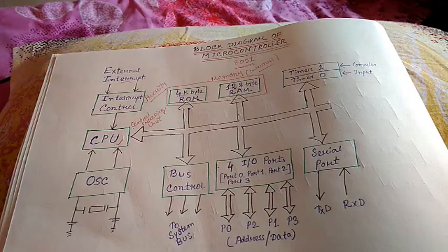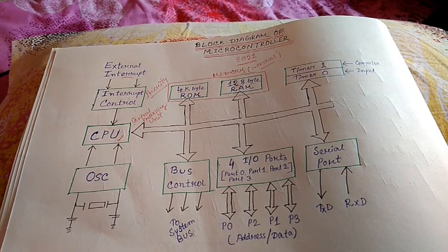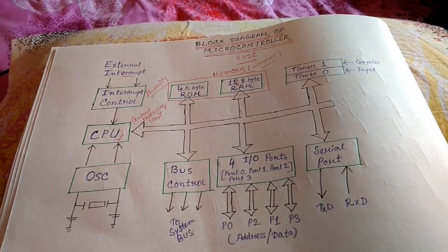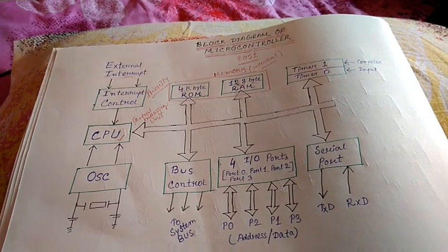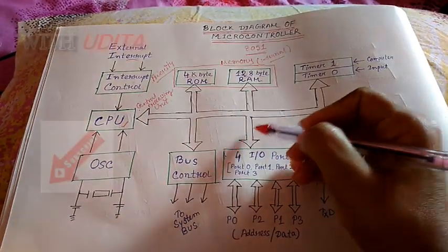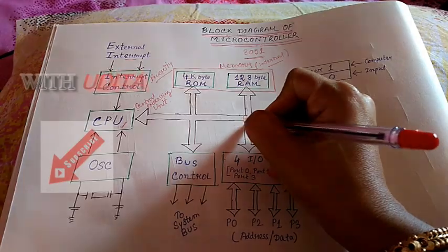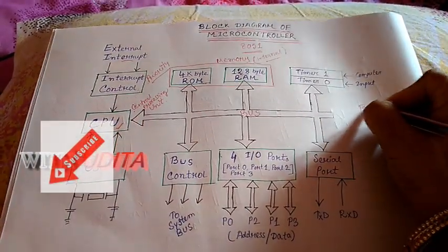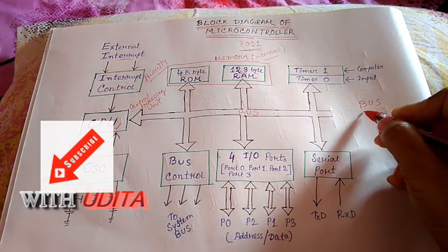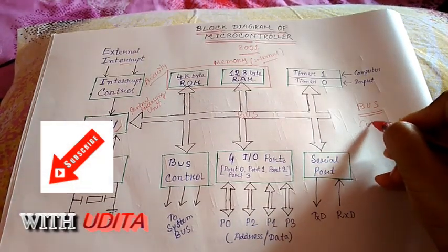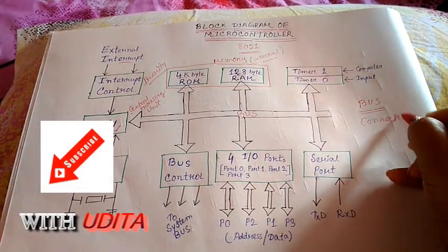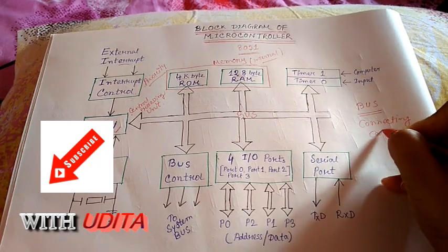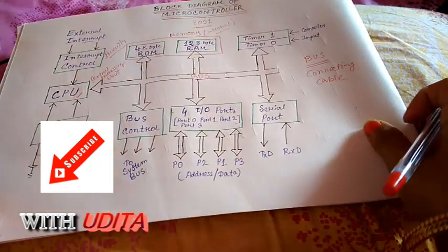Now you can see the total line where the bidirectional arrows are present here. This is called the bus. Bus is nothing but the connecting cable throughout all the parts of the IC, any type of IC, that is